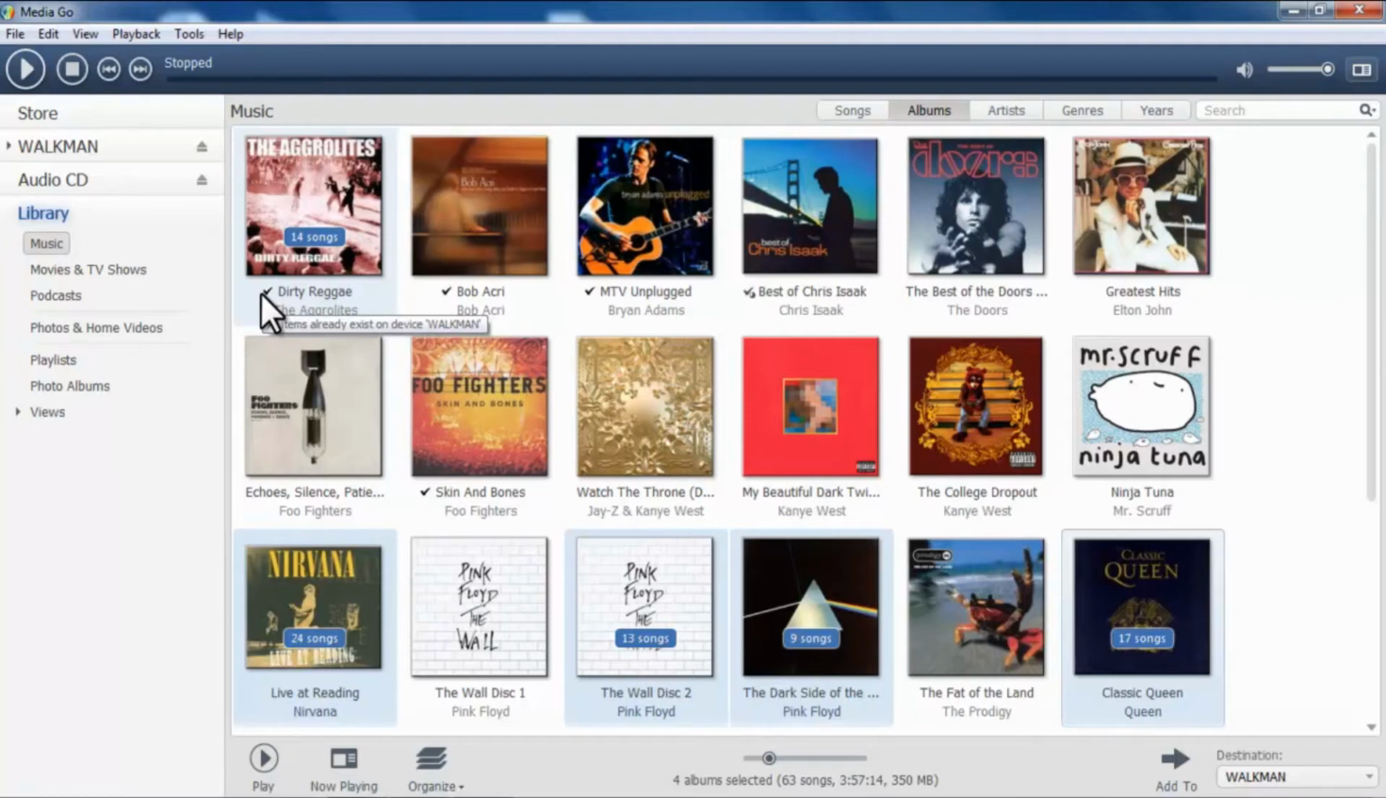This Media Go software is excellent to organize your music and transfer it to your various Sony devices and avoid duplication. Also, it'll add the album art, the nice cover art, so that way it just looks nicer and more organized on your device. Now, for example, I've got a Sony Xperia cell phone,